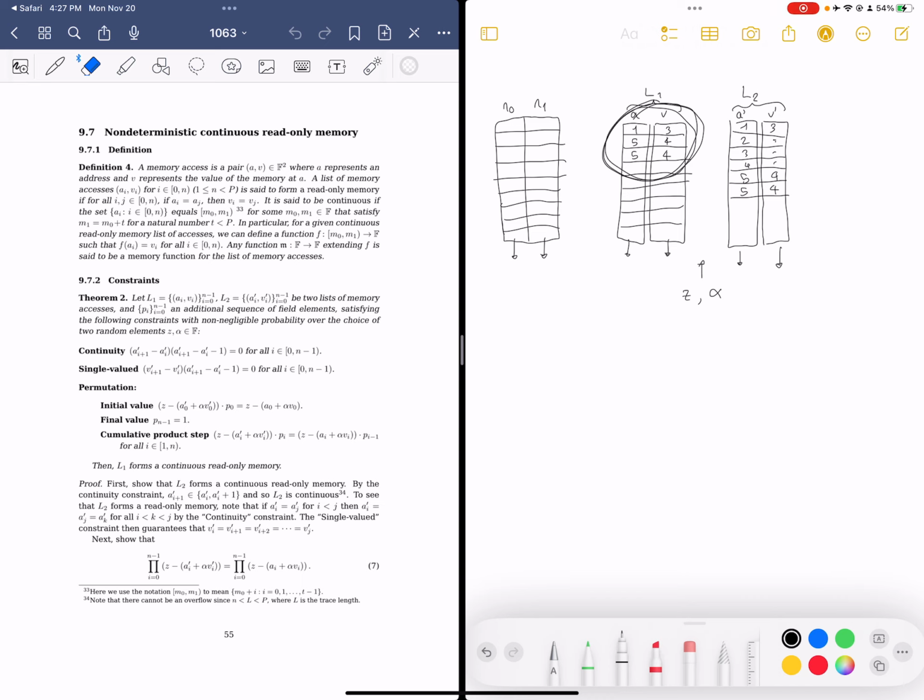we're writing the accesses in memory that each row or each step of the VM is doing. This corresponds to the different rows of the execution trace. And here on L2, we're writing the same list of accesses and values that we're reading or writing from these addresses, but ordered. Okay, it's 1, 2, 3, 4, 5, 5, etc. And that's going to be enough, as long as that list makes sense, and as long as